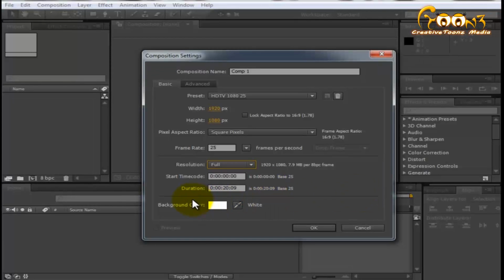And the next is the duration, the main thing, how much length you want for your composition or animation. So this is hour, minute, second, and then the last one is frames. So this comp will be 20 seconds and 9 frames in length. And this is the background color. Background color is just for reference. You can toggle this as